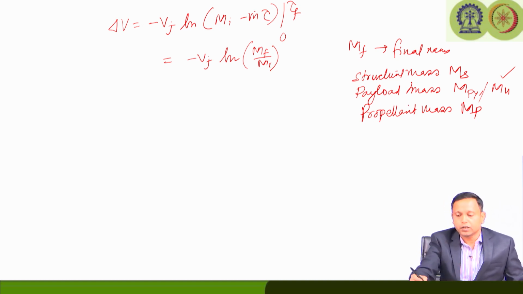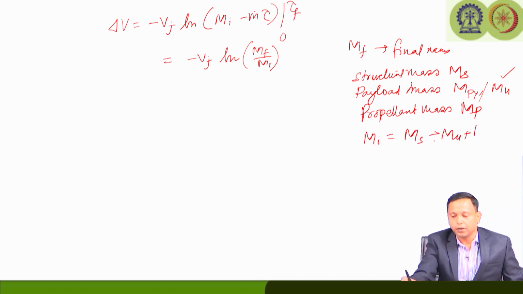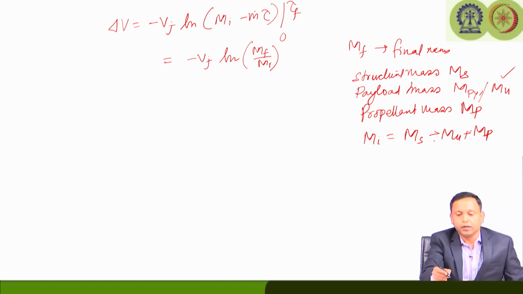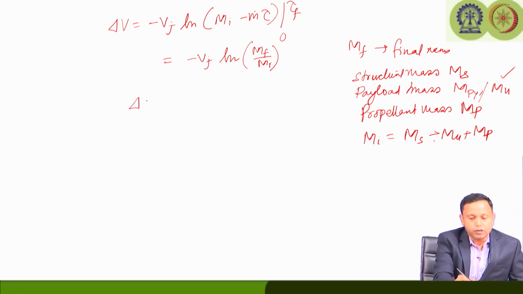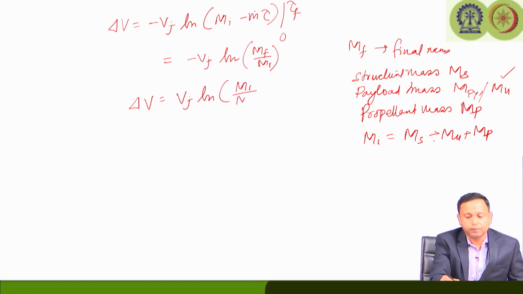So, structural mass, payload mass and propellant mass give the total mass, which is the initial mass of the rocket. That means it consists of ms plus mu plus mp, whereas our final mass will consist only of ms plus mu, just because all the propellant is already burned in the duration of tau f. The tau f is the burning duration. So, if you write this equation taking out this negative term inside, it will become Vj ln mi by mf. Now, this equation is known as